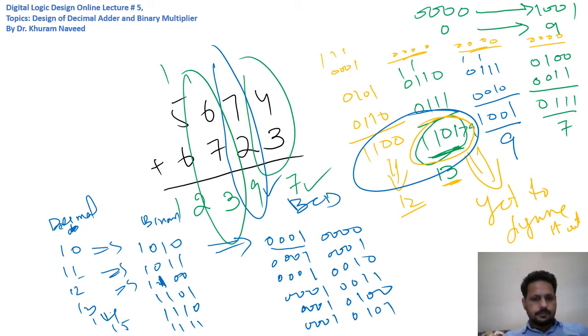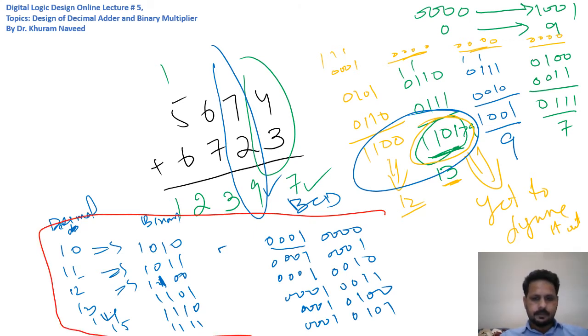Okay. So by looking at this sort of a truth table, we can maybe figure out how we can convert between these